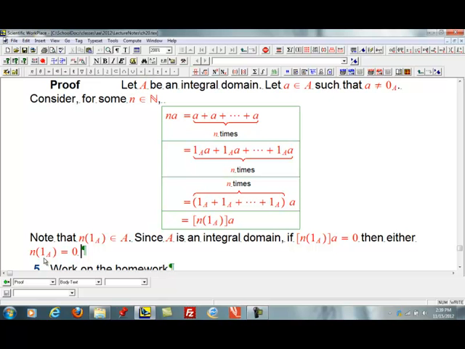So either the first one's equal to 0 or A is equal to 0. But what did we determine about A? A is not equal